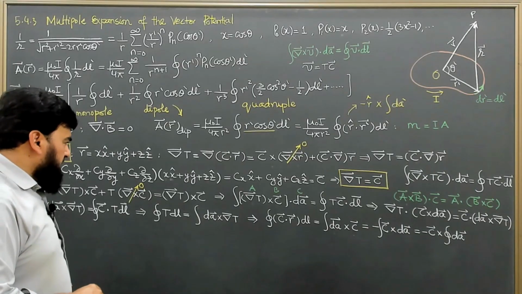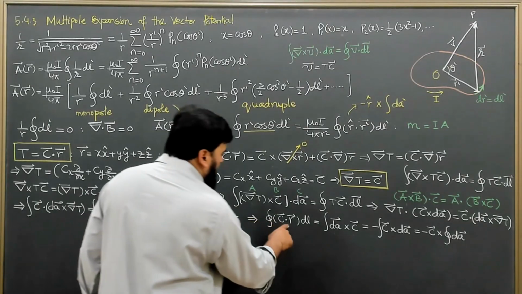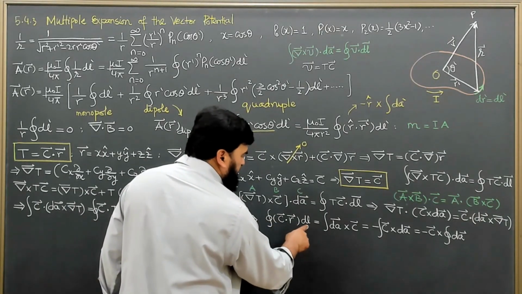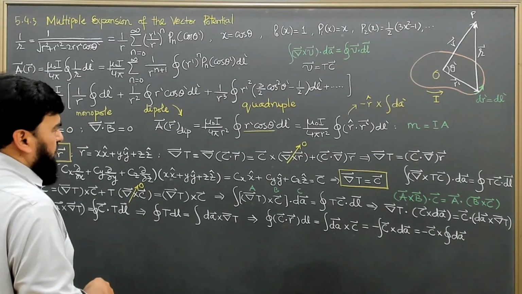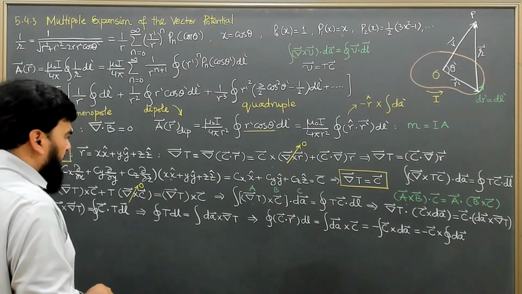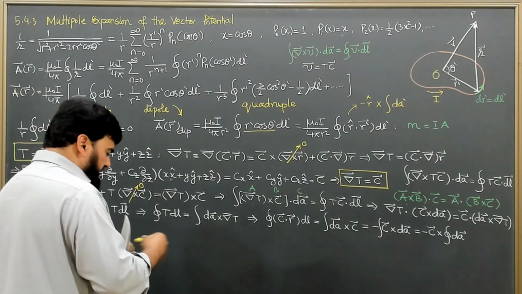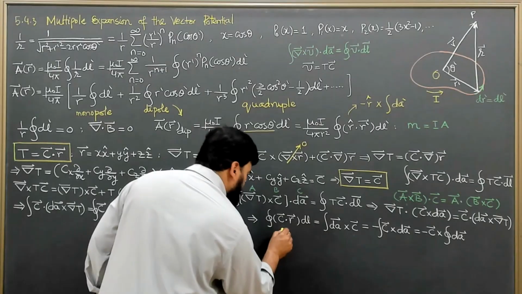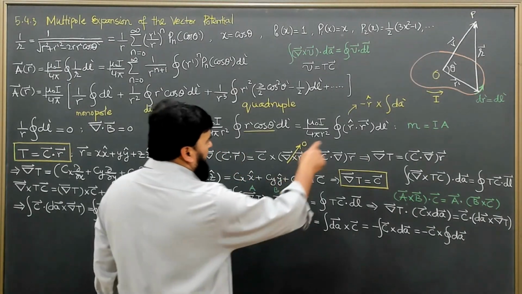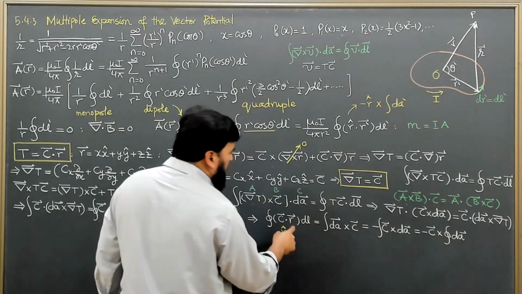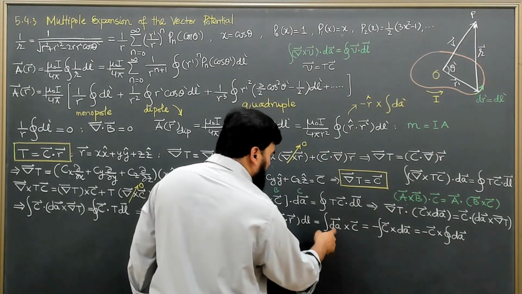So what I did is convert C dot r into C and that one. Now what if I replace this C with the unit vector, then unit vector dot r dl prime is equal to